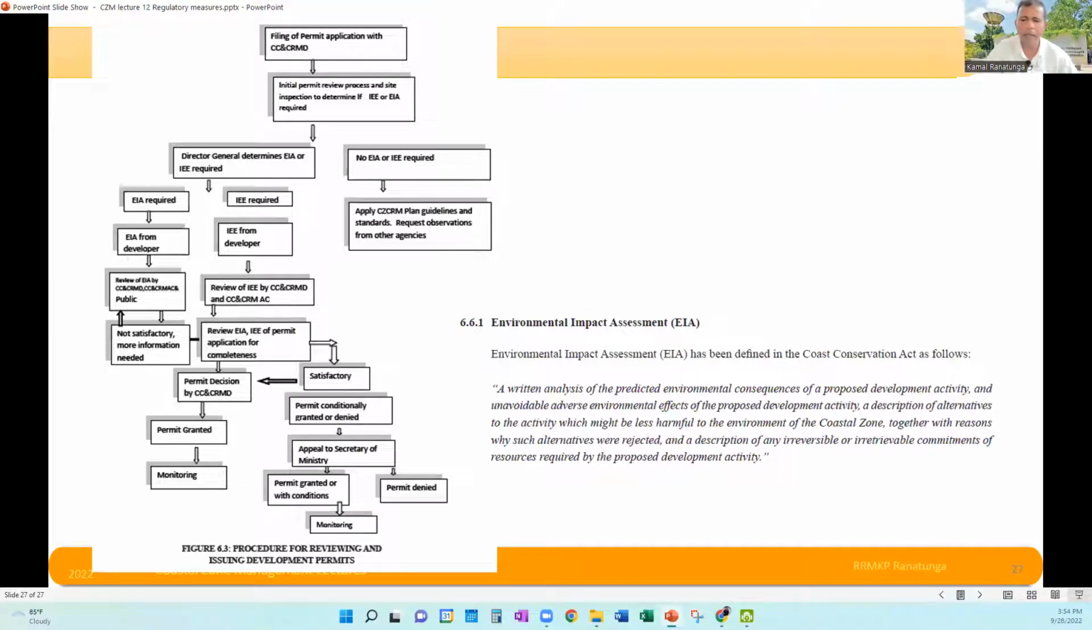Here I have given a summary of the process of conducting an IEE or EIA. If you haven't done this before, it's a very lengthy procedure to have an EIA or IEE, and EIA will be a separate lecture series. You need at least 15 lectures to cover EIA, but I've just briefly outlined it. If the project is within the coastal zone, the developer has to